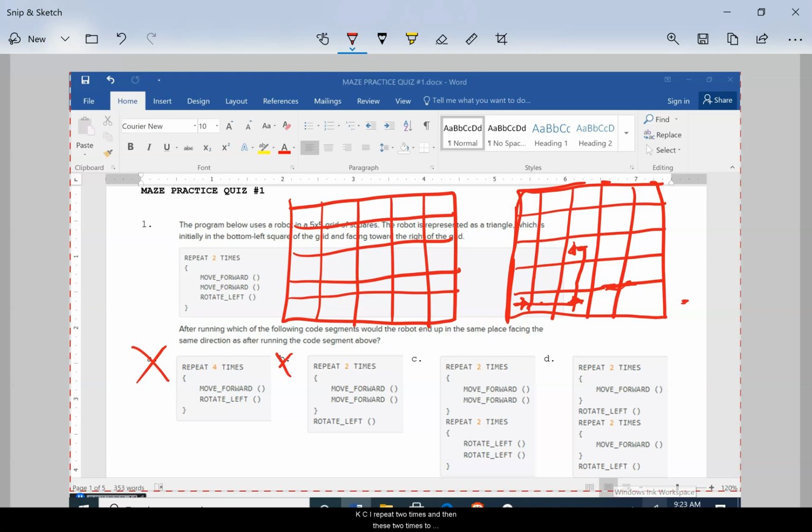Okay, C, repeat 2 times, and then these 2 times to move forward. So we're right here. So we go 1, 2, then 1, 2. And then we're still facing this way. We're still facing right here. Okay. But then we've got code that says rotate left. So now I'm pointing up. And then rotate again. So then I'd be pointing that way. And then to do it again, I would be going down. And then, so it ends up looking like that. So that's incorrect. C, so our answer must be D, but let's prove it,